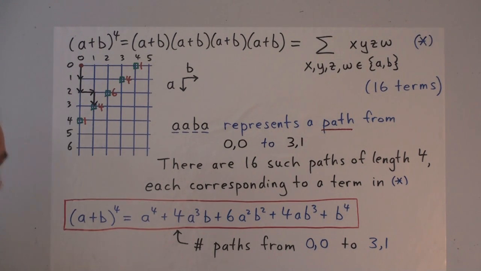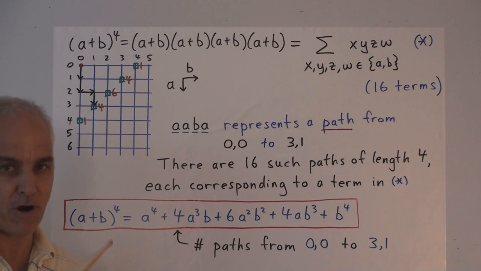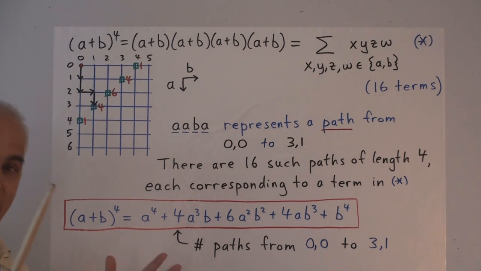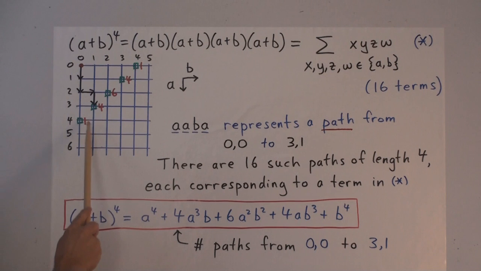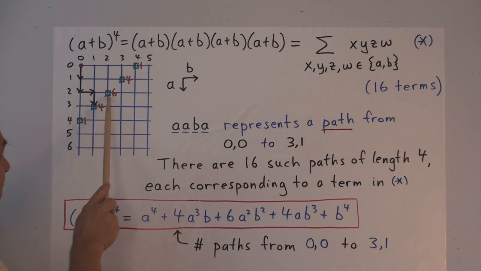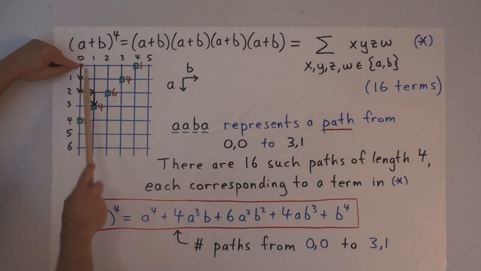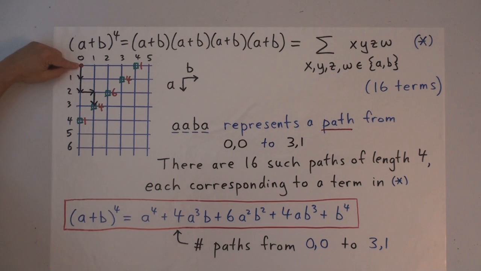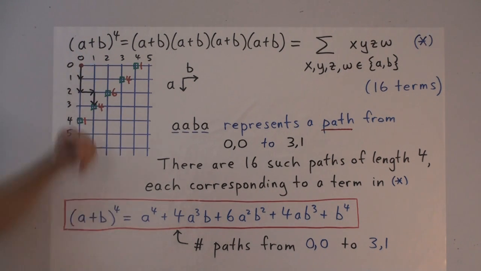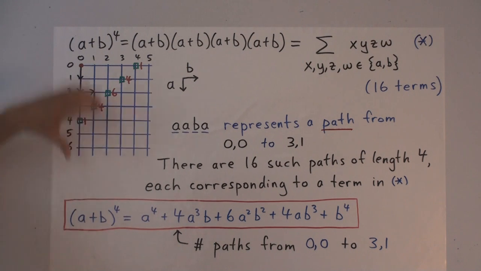So we can record this combinatorial information, because this is really part of combinatorics, the art of counting, by writing down the number of paths on the actual vertex that we're counting from the origin. So there are 4 paths from here to here, so we could write a 4 right there. There are 6 paths from here to here, right at this point we could put a 6 right there. And so we could encode the binomial theorem in a table where the grid is oriented like this.